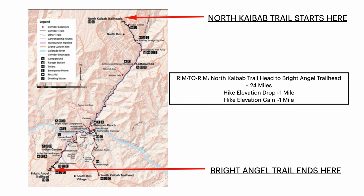Hi all, it's Jeff here. Beth and I have decided that our next adventure is to try to hike rim to rim of the Grand Canyon. The goal here is to go from the North Rim, which is up top there, hike the North Kaibab Trail down about 14 miles to the center of the map there to Phantom Ranch, hang out a couple